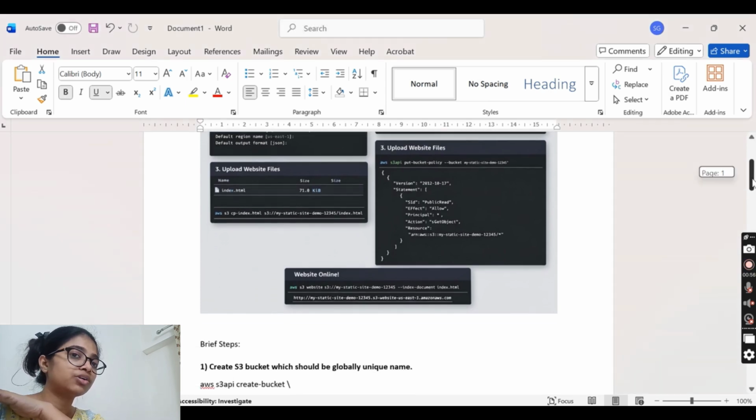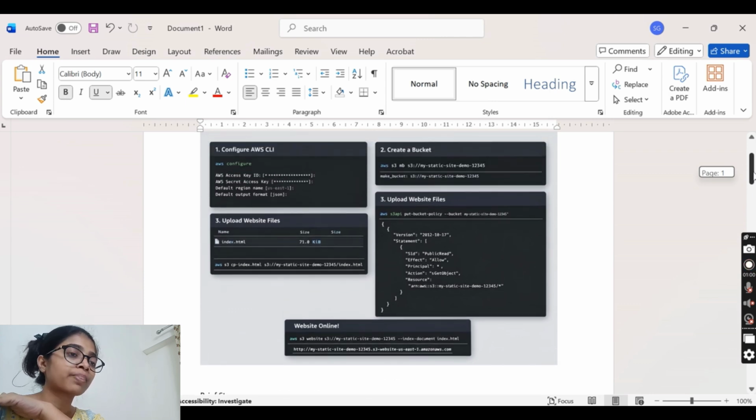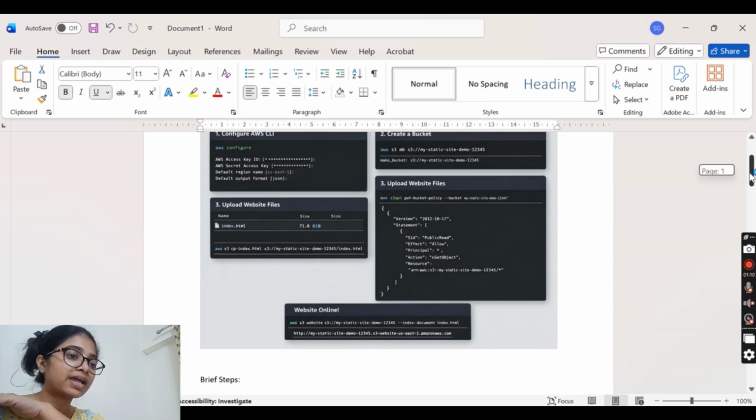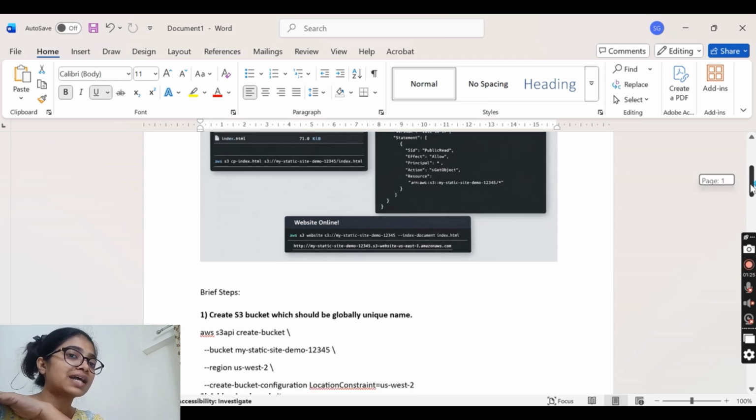You can upload CSS or other optional image files. Then you have to make the bucket publicly accessible, so you need to apply a policy on the bucket, and after applying the policy we need to get the S3 website URL. It's like an endpoint that we need to generate so that we can access that URL